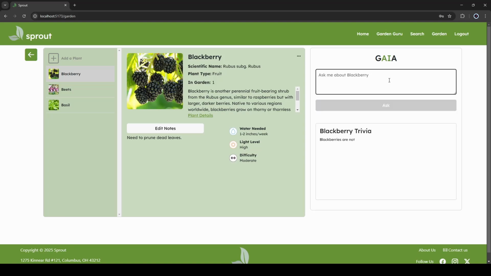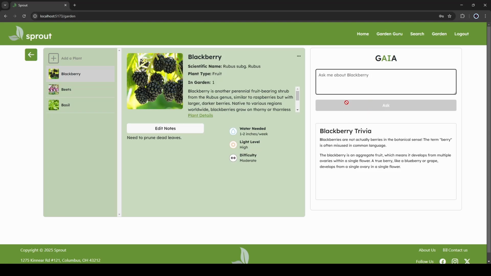Now, GAIA is just an API call to Google Gemini. We decided to go with Google Gemini because they have free token usage. They have a free tier, unlike a lot of the other larger LLMs out there, such as DeepSeek, ChatGPT, Claude. It's not perfect, but it is pretty fun to have your own gardening assistant that only answers questions related to